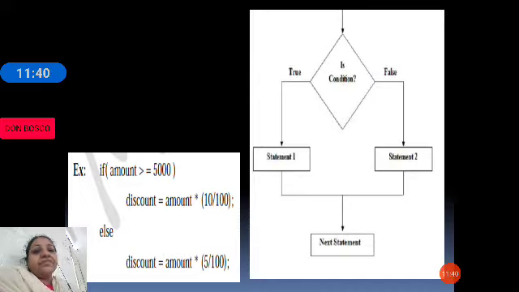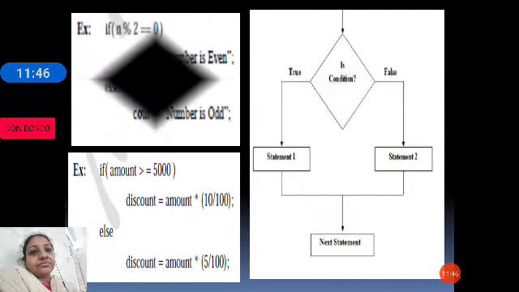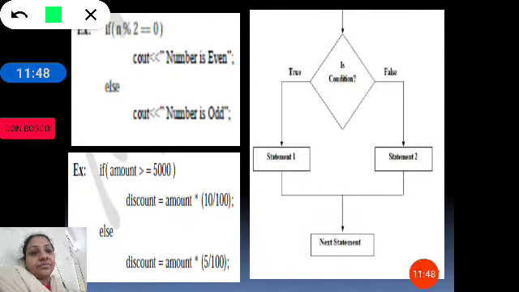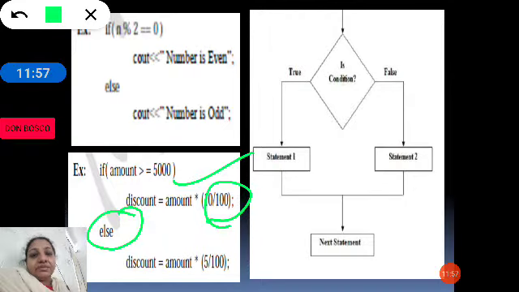So, if amount is greater than 5,000, then we are giving 10% of discount, otherwise, else, that means when the given condition is false, the statement in the else part will be executed. So, 5% of discount is given.